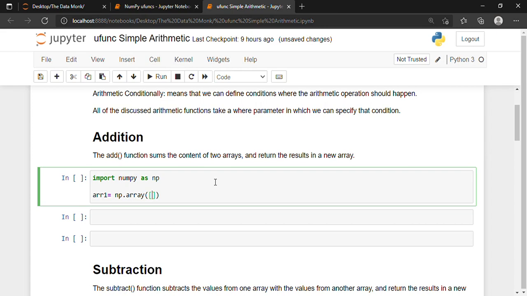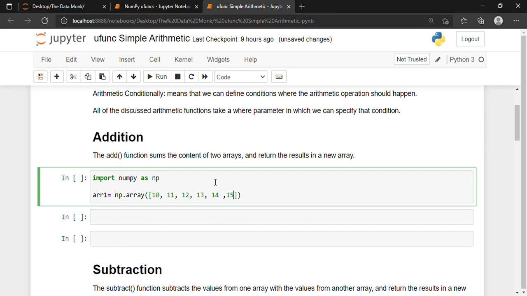Inside my arrays, I'll just put in some elements. For example, I'm putting 10, 11, 12, 13, 14, 15. So I've put in a bunch of numbers over here.